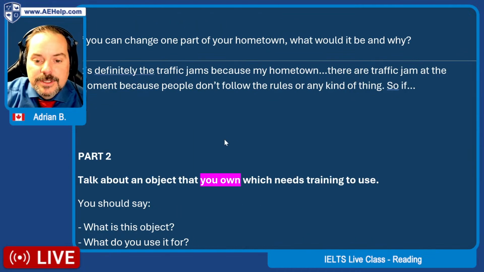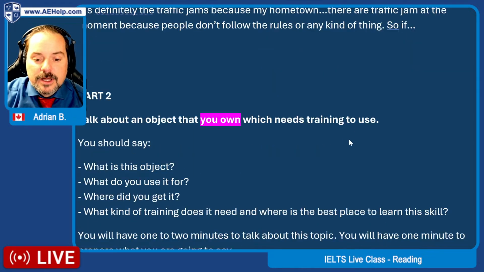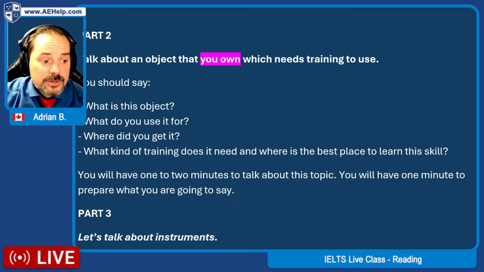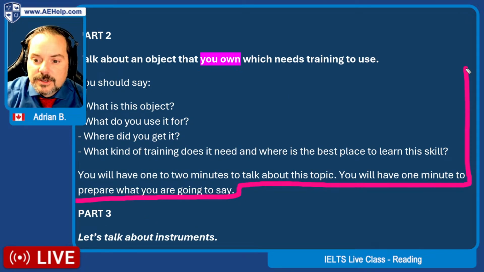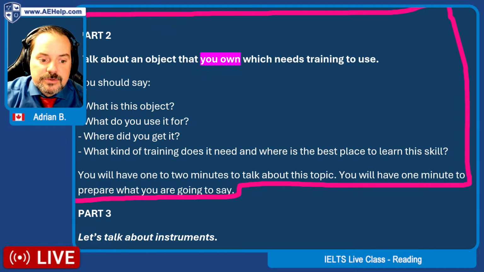So at this point, when you're finished part one, everybody, the examiner will introduce part two. They will show you these questions, usually in a booklet if you're doing the face-to-face interview. If you're on the computer, they'll have the card appear on the screen for your computer. And then you read the card. Now, we already reviewed the card.